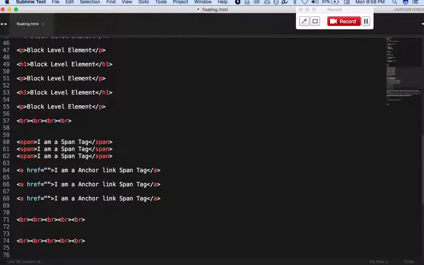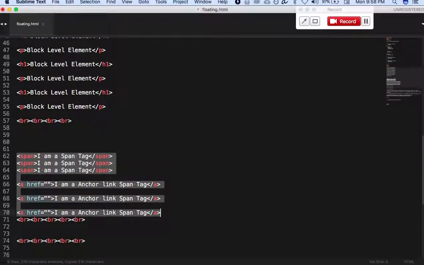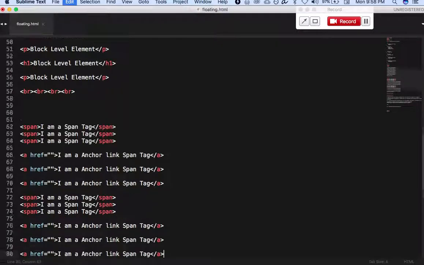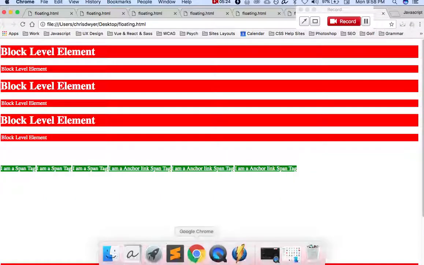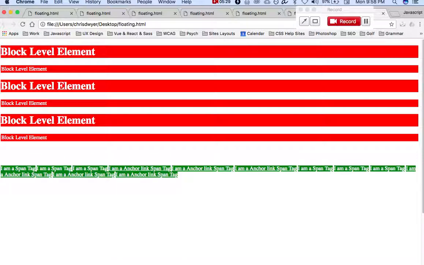I just think it's important to stress this kind of stuff because I don't see a lot of videos stressing these things. I didn't when I was trying to learn this stuff. It's better just to be simple, you know. See how it does? And then it'll go on to another line. So those are the differences between that. I'll do another video on inline block because that's very important to understand. That's a great way to